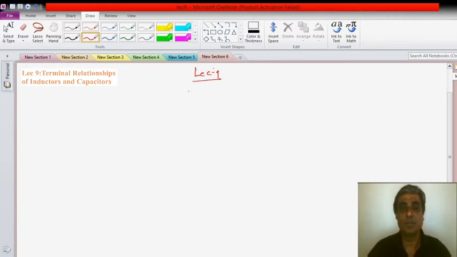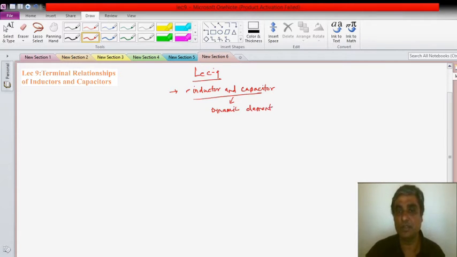Now from this onwards we will see the networks which will consist of the dynamic element, that is, how can we do the analysis of the networks if the network is dynamic. Dynamic in the sense, if the circuit or network consists of energy storage elements, which are your inductors and capacitors. These are your dynamic elements, or you can call them the memory devices also.